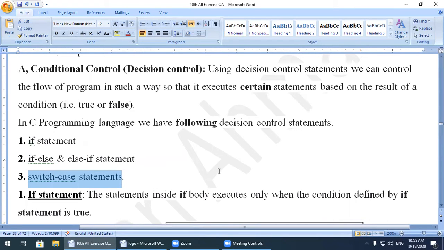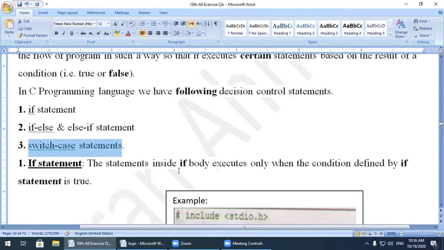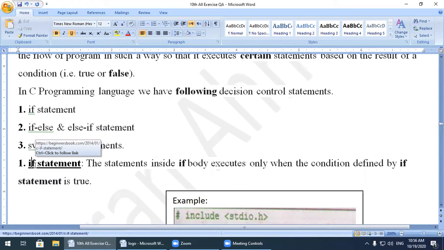For decision making, the conditional operator, which we studied in the previous chapter, is also used in that kind of statement. Now we will execute the if statement. The first one is the if statement. Keep in mind, if is a reserved word, small if.